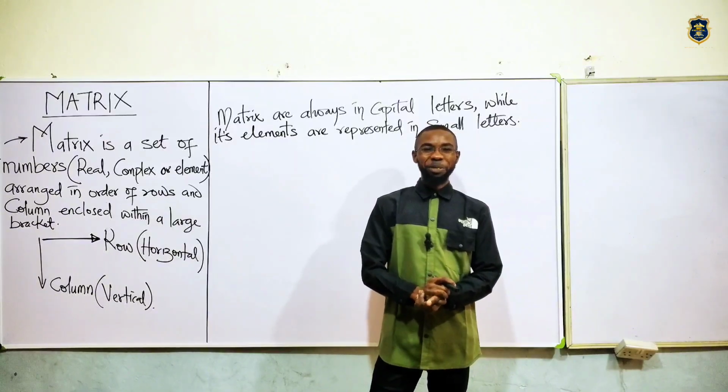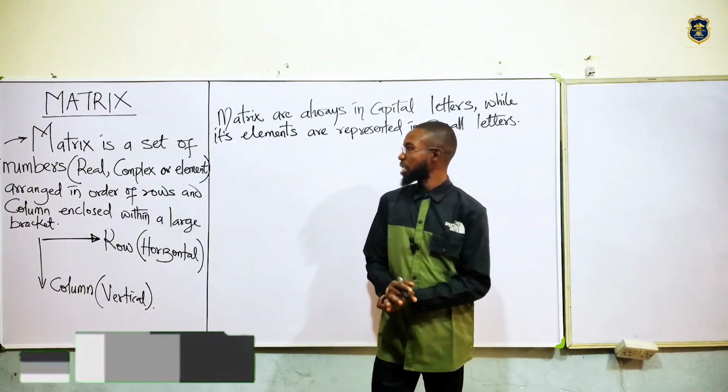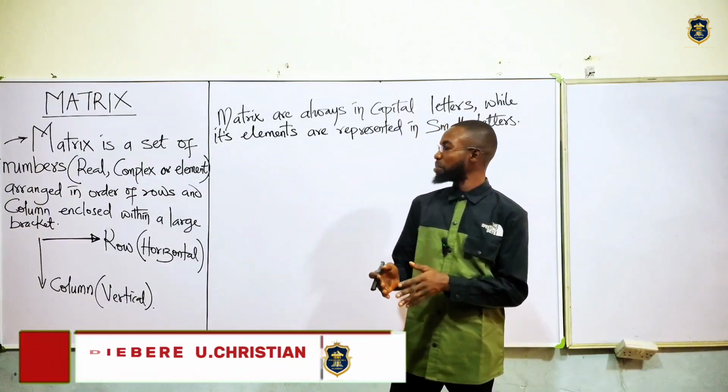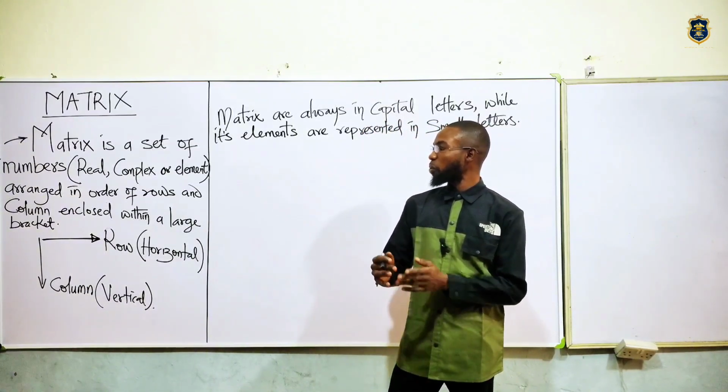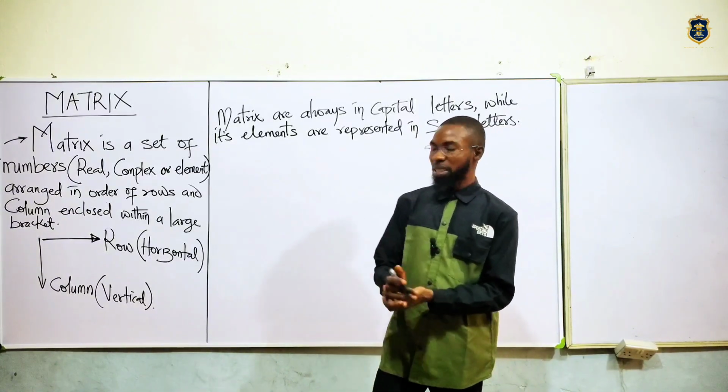Welcome to our very first class on Matrices and Determinants. This class will be treating matrix alone. What is a matrix? A matrix is a set of numbers, basically real, complex or element numbers, represented in order of rows and columns enclosed within a large bracket. What does this mean? It means that